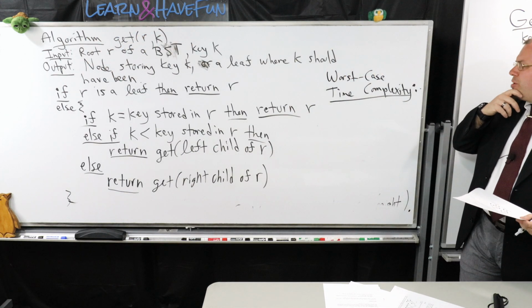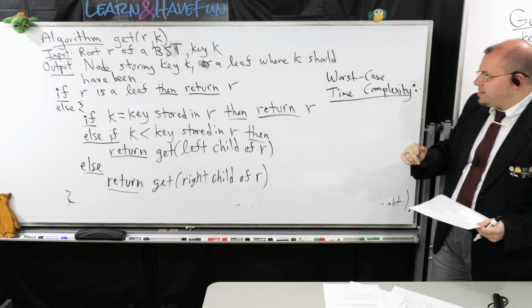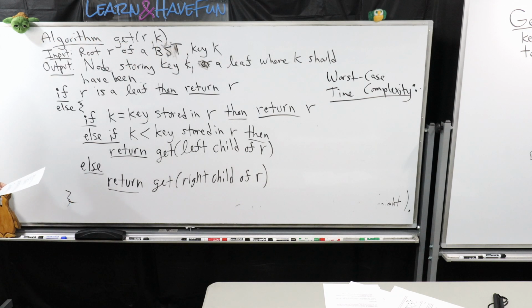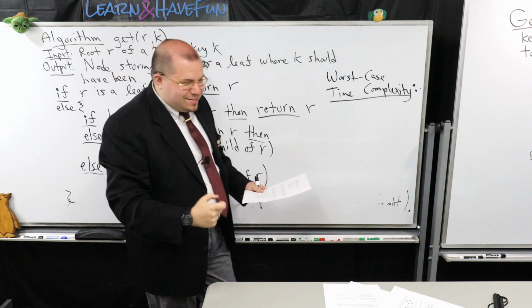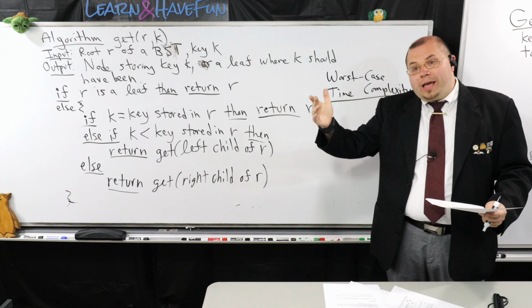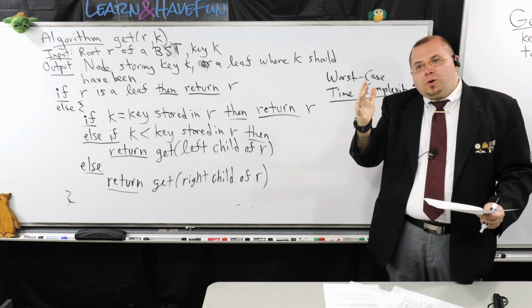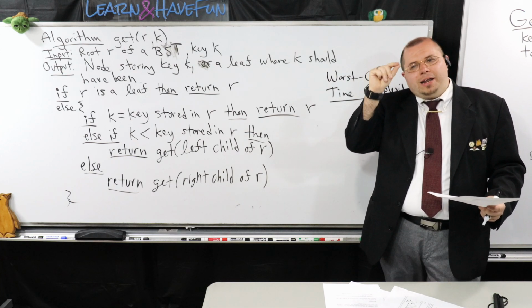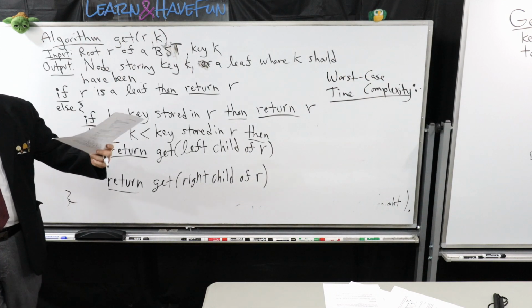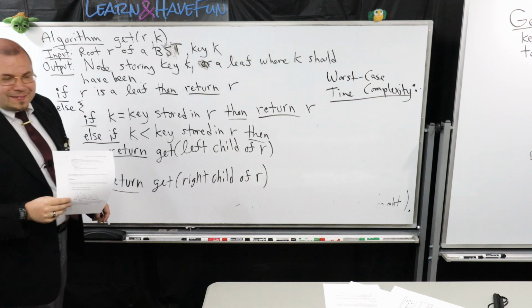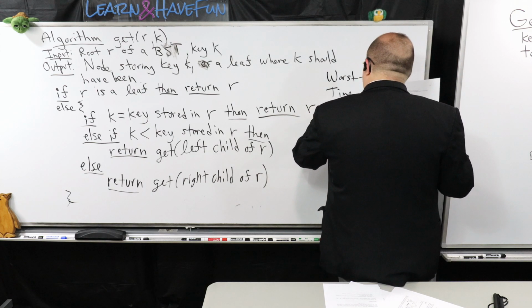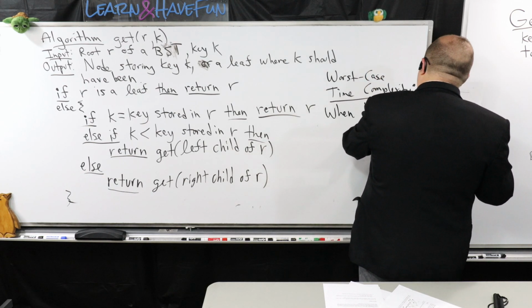Does anybody have any ideas what a good worst case scenario would be for our analysis? I'll give you a hint. It should remind you of something else. Yeah. When you don't have the key, there is no record with that key in the tree, which guarantees that we're going to have to explore this tree, and keep going until we hit what kind of node? An internal node or a leaf node? Yeah, a leaf node, exactly. We're going to hit a leaf node. So this is when k is not in the tree.